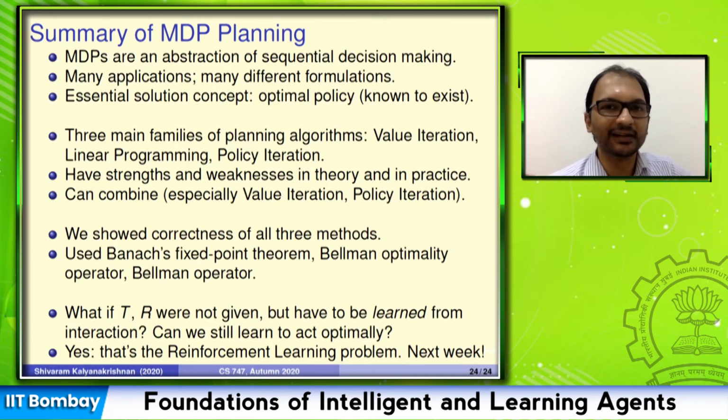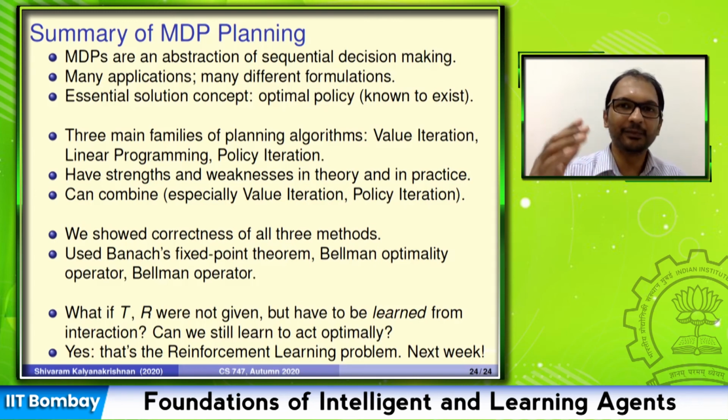When you implement this, you will see for yourself that if you're given an MDP with, I don't know, 1,000 states and 50 actions, whatever transition probabilities you have, unless somebody really takes a lot of pain in constructing a difficult instance for you, any of these methods will do lightning fast. So that's one good thing.